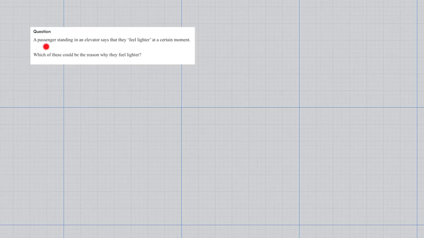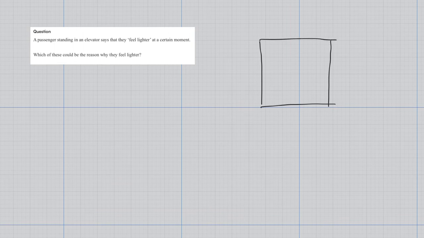So this question says, a passenger standing in an elevator says that they feel lighter at a certain moment. Which of these could be a reason why they feel lighter? This is a pretty classic situation in physics where we look at someone standing in an elevator. Now, what we have to think about is if this person is standing on a scale, what is that